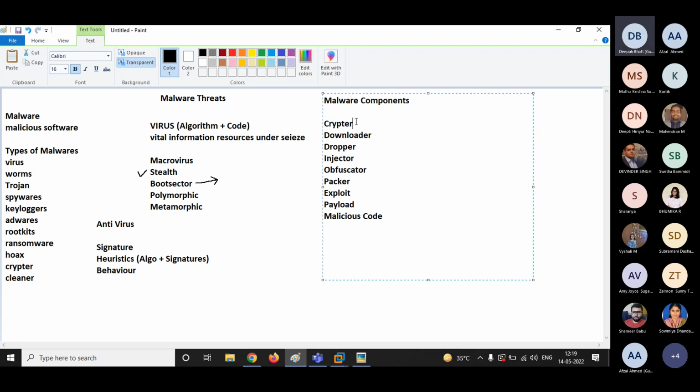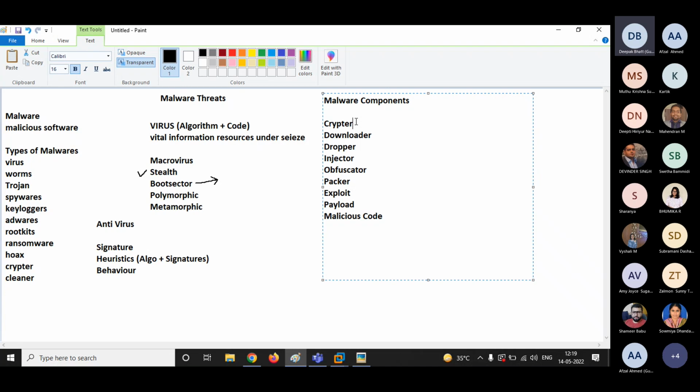And one thing, guys, if you're working as a forensic guy, it's mandatory for you to get the information of a packer. Unless you have information about a packer, you cannot perform malware forensics or malware analysis.